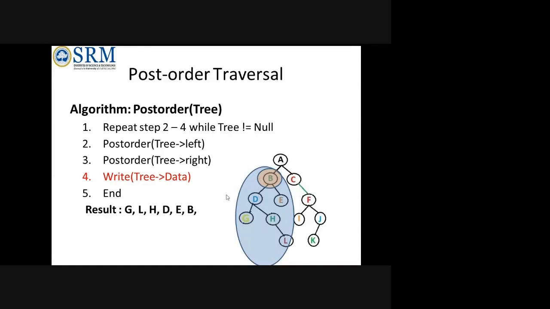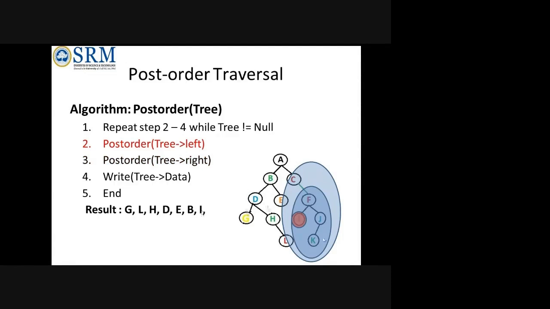Now when this fully left is over, it won't take A now, because left, right, then only root. So it will come to this C fully. But when it comes to C, check C, it knows that there is a child node for C, F. That is, C is having F. Then once again, when it comes to F, it will know that it will have a left and right, but left I is not having any child. So what will it do? It will print the I first, because it is not having. Left is to be printed first.